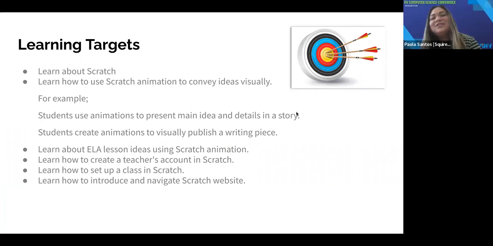Okay. So today I will introduce Scratch, but before I start with our learning targets, I would like to see if you could rate from 1 to 3 your knowledge about Scratch. 1 being haven't used it, 2 you've used it in the past, or 3 you are an expert. Okay, so we have a lot of 1s, 2s,